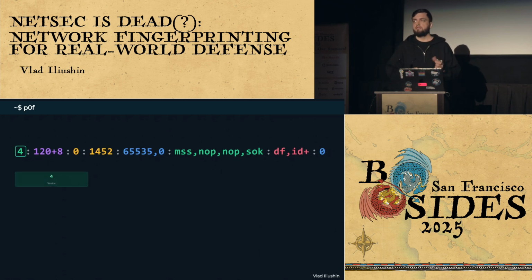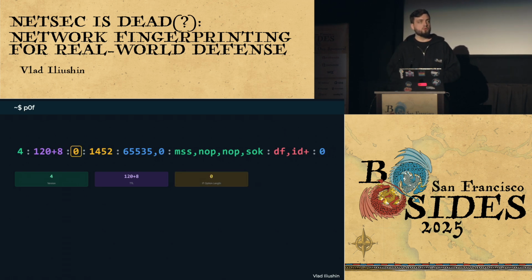The first one is the value of the IP stack. So 4 is for IPv4, 6 for IPv6. Then there is a TTL value, which is basically the number of hops left, so the TTL of the packet that arrived, and also some guessed value based on the typical stack. So if you see 120, obviously you're going to guess, hey, the TTL was probably 128, and there are 8 hops between you and the client.